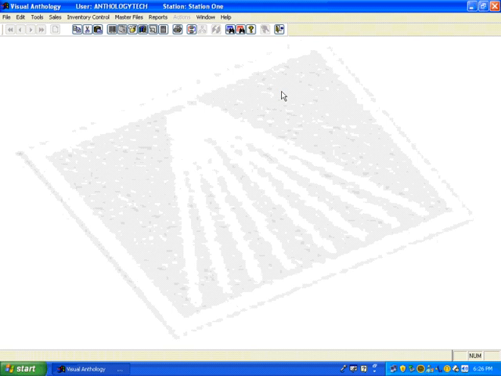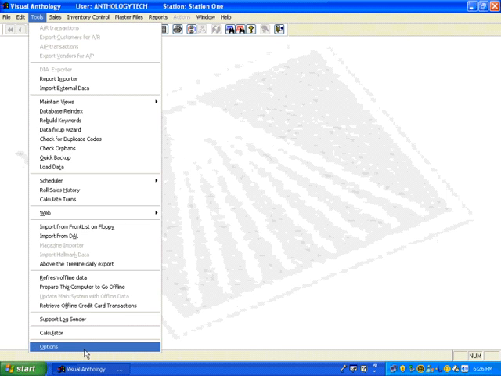Back in Visual Anthology, there's a couple of settings we should talk about first. There are some decisions you want to make, such as do you want your staff to have the scheduler start off automatically as soon as they do the Z-tape, or do you want the staff to actually have to start the scheduler when they're leaving for the evening? To control that setting, go to Tools, Options,